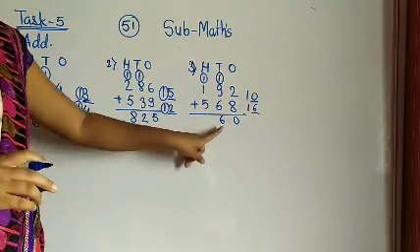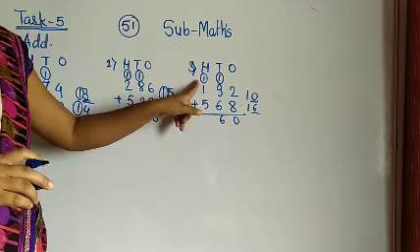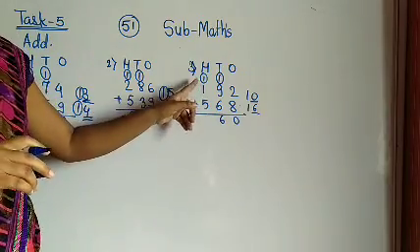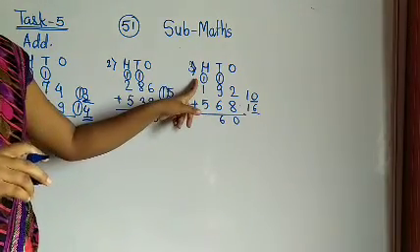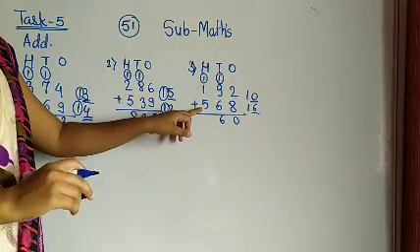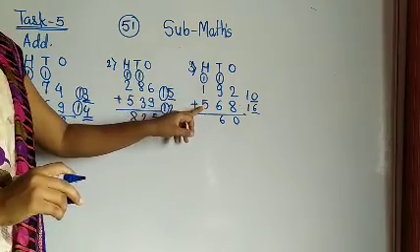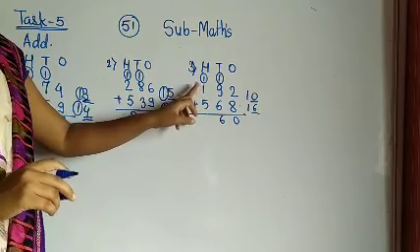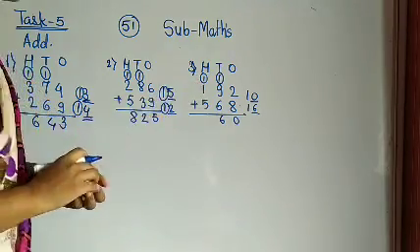Next one. Where do we carry? That carry goes to the next number, that means it is forwarded. Which one is the next number? There only I have to give the carry. Now, 1 plus 5 or 5 plus 1. So 5 plus 1 is 6 and 6 plus 1 is 7.